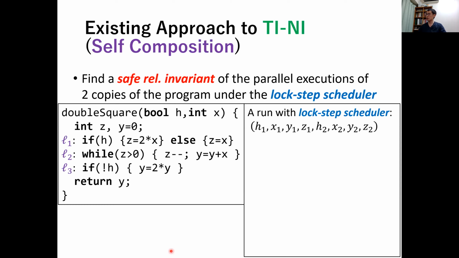So this is our program again. And let's say we run this under a lockstep scheduler. Say we pick as an initial state for the first copy, H is true. For the second copy, H is false, and X, the low input X, is 2. We execute this under lockstep scheduler. So each step we